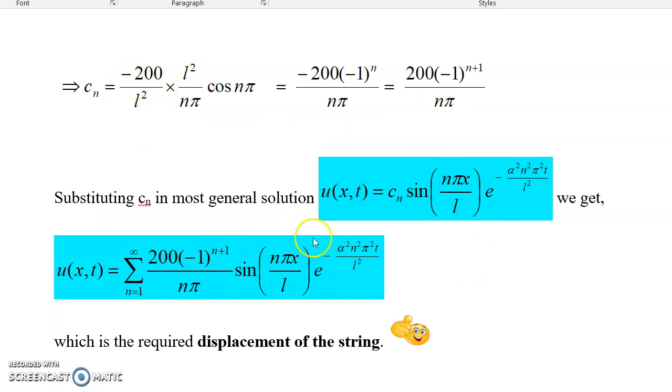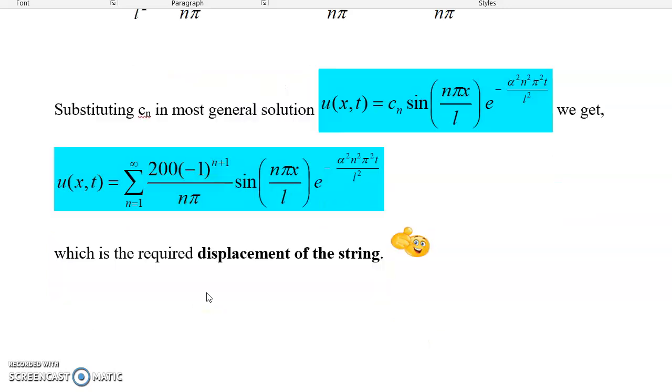So the answer of Cn you have to substitute in the most general solution. In the place of Cn, you substitute the answer of Cn, which is the final answer of the displacement of